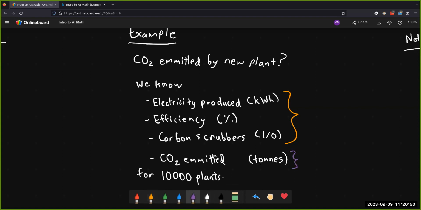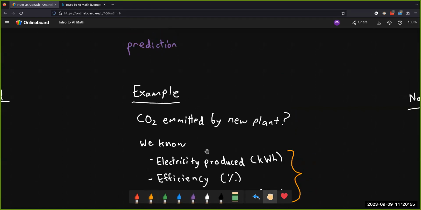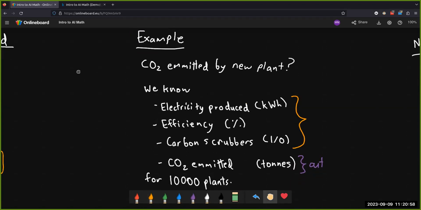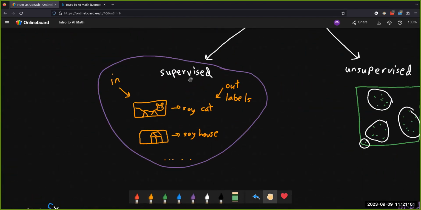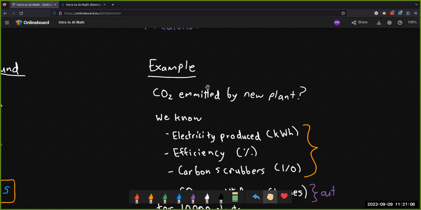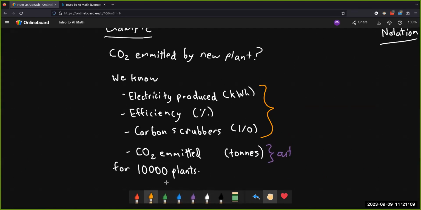But this is the really useful thing. CO2 emissions, that's the output we want. That's the thing that we want our algorithm to generate predictions on. Because we're using supervised algorithms, we have to give it some inputs with which to make the output prediction. What we can do is make all these variables our inputs, give this data to the AI algorithm, and then try to teach the AI algorithm to predict the output. So use this information to figure out how much CO2 a power plant would emit.